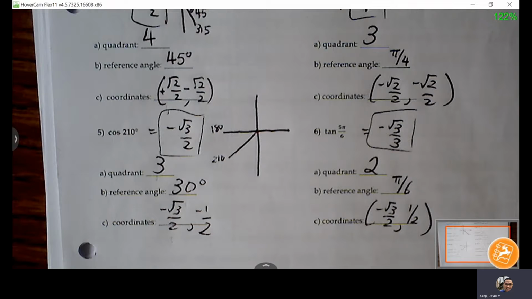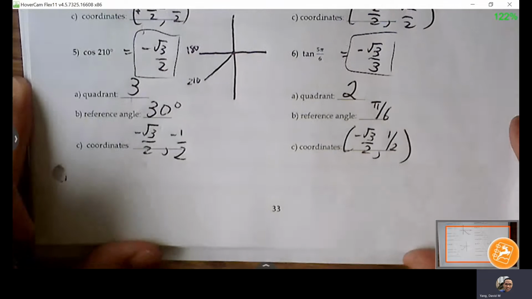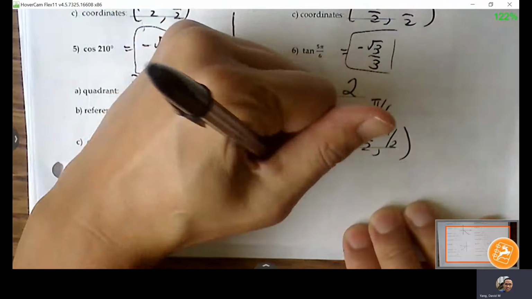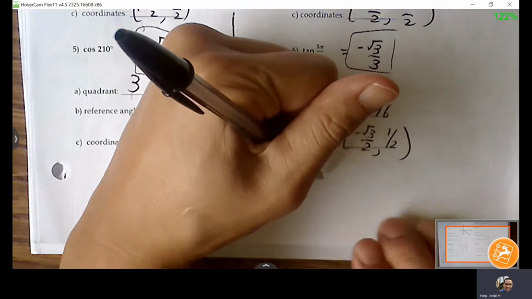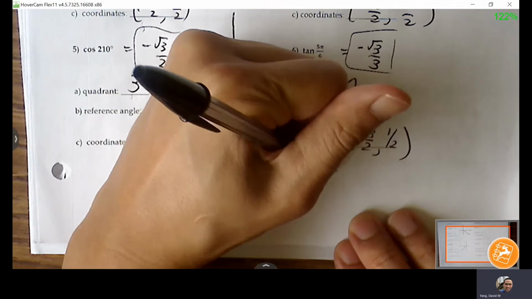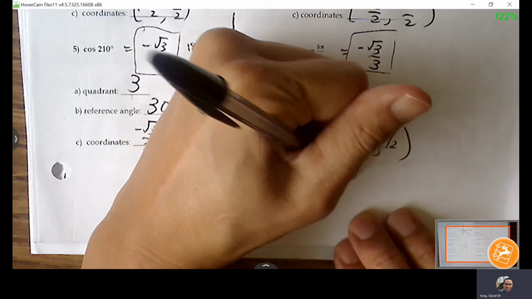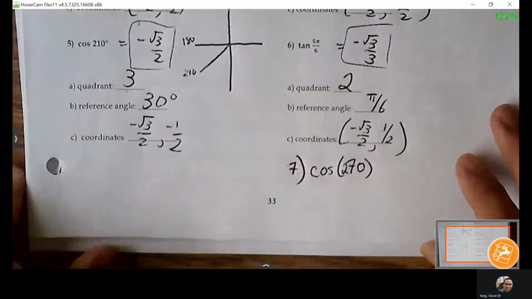Right, right. Okay, so we can do another example here. Let me do this number 7 here. If I want to find cosine of 270, okay, cosine 270,